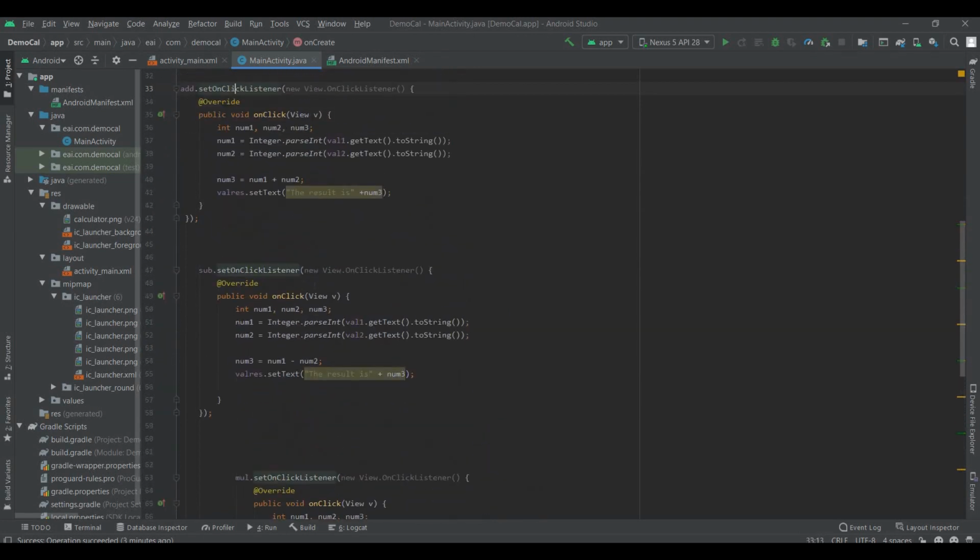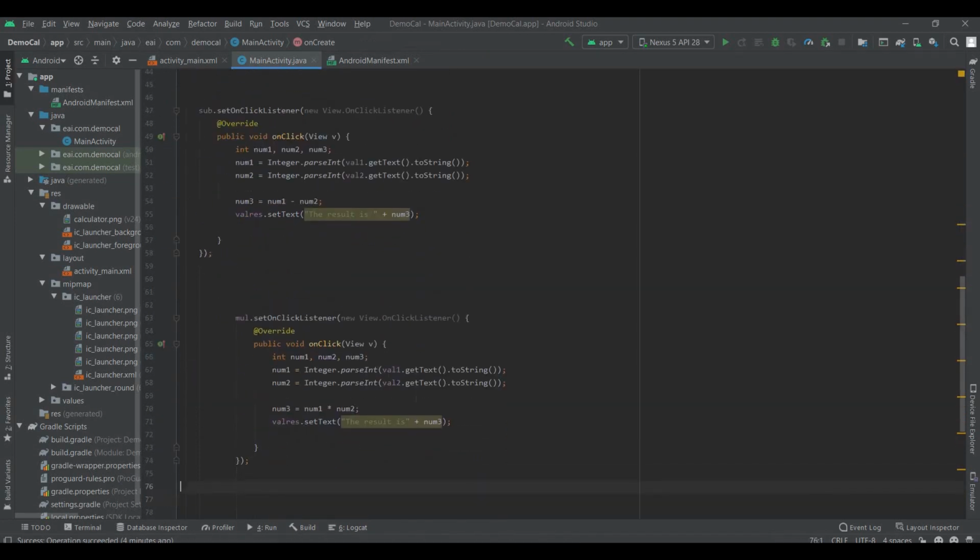What is this button doing? The button is taking the value. We have 2 variables. In each variable, we are taking the value from val1 and val2. What is this val1? This val1 is containing whatever we have entered in num1, right? So it got the value from there. We have to use the syntax because we have to convert it to string and then parse it into integer, and then we just have to add it and then display it. So the result is followed by whatever number the result is, right? And the same thing has to be done for everything. We can just make sure,